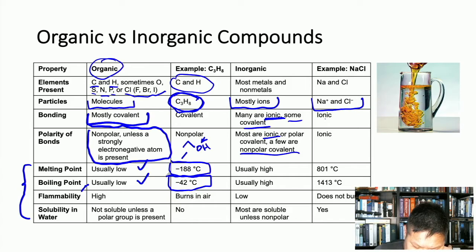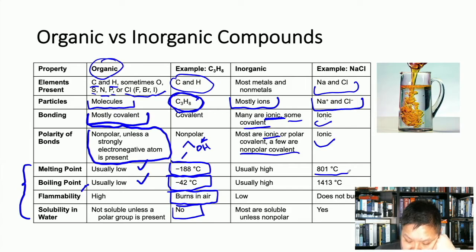Flammability, of course, is really high. We already talked about how I use propane to cook my food and boil my water during the winter storm, right? Very high. And propane is definitely not soluble in water, right? But on the other hand, if you want to use salt again as the example here, it's ionic. We already said that before, but it has a very, very high melting point. It doesn't melt till 801 degrees Celsius. It doesn't boil until 1413 degrees Celsius, and it just doesn't burn, right? And it is absolutely soluble in water.